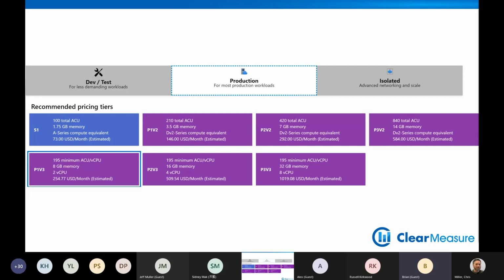The P1 V3, by the way, if you're running just web services, you could run P1 V3, but that might even be overkill. You probably even use S1 in some cases, depending on your load. But if you're running a Blazor server-side application, the minimum to reach for is P1 V3 because it has the extra RAM, the 8 gigabytes, and make sure you're running 64-bit.